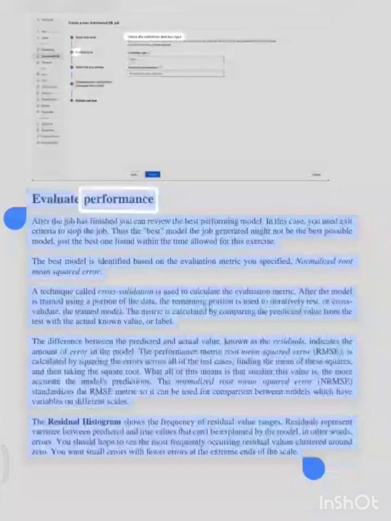Evaluate performance. After the job has finished, you can review the best performing model. In this case, you used exit criteria to stop the job. Thus, the best model the job generated might not be the best possible model, just the best one found within the time allowed for this exercise. The best model is identified based on the evaluation metric you specified, normalized root